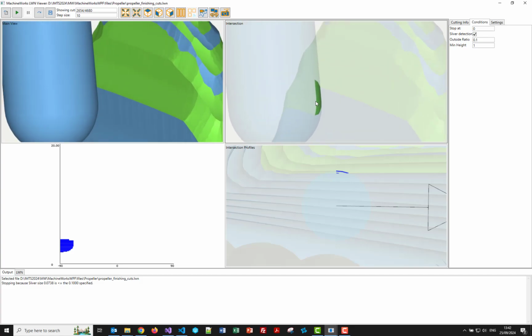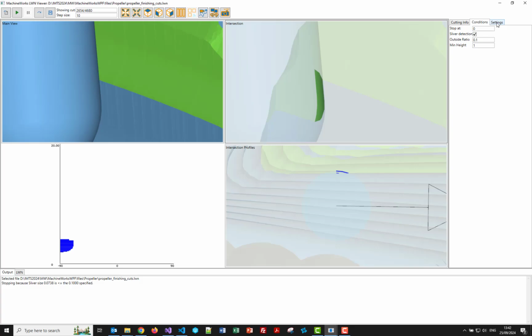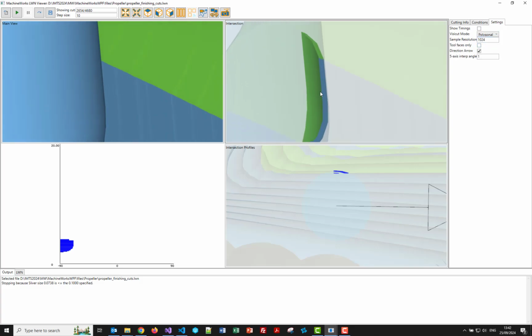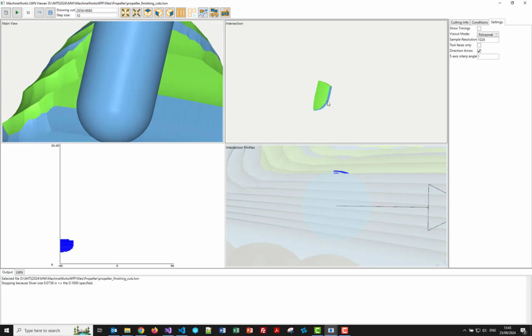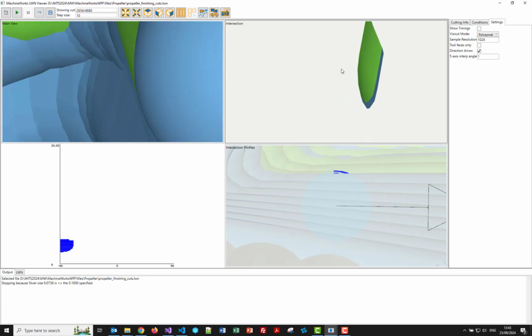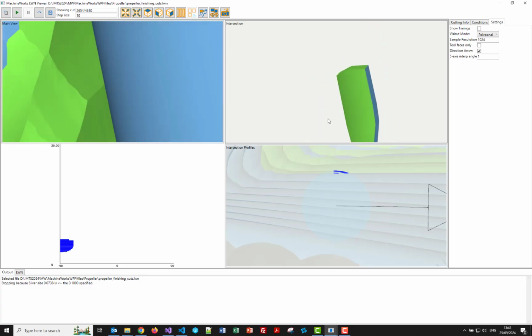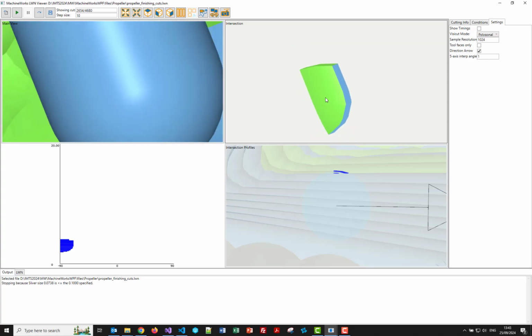So you can see, let me turn that one off and show the sweep volume. So you can see we've got a fairly thin cut there. If I hide it and look at the other side, you can see the tail end of it is very thin indeed. So again, if you're trying to pick these things up and analyze them using a sampled